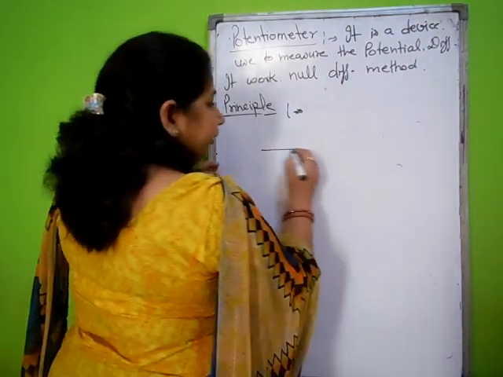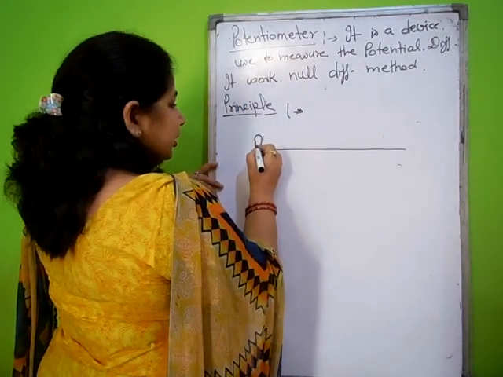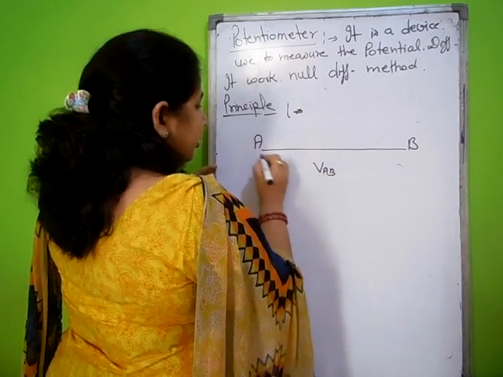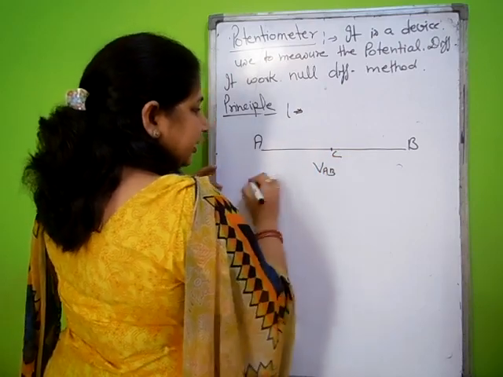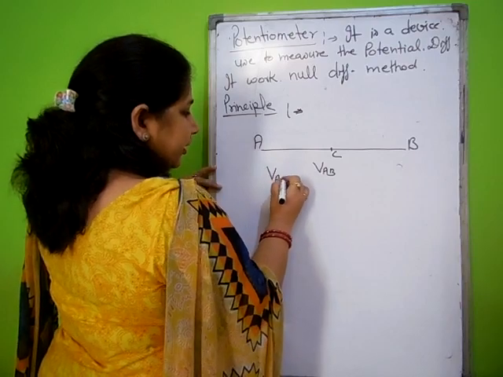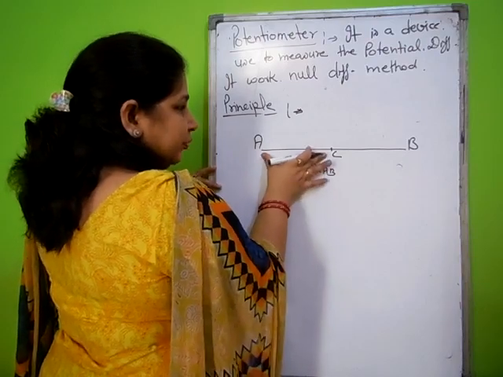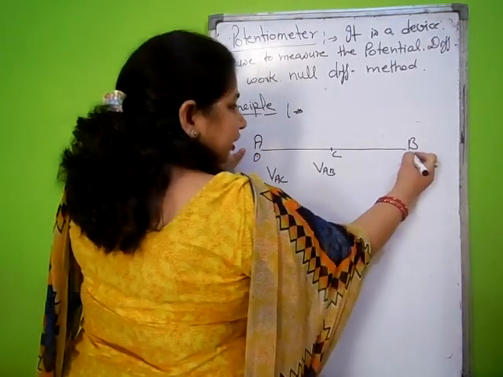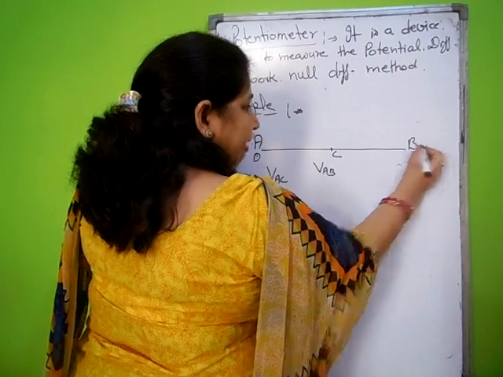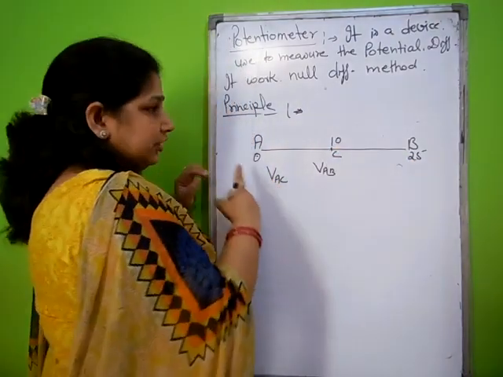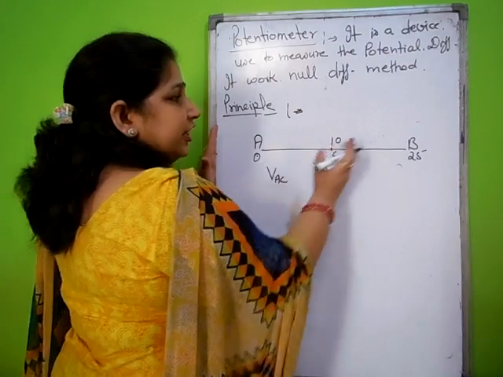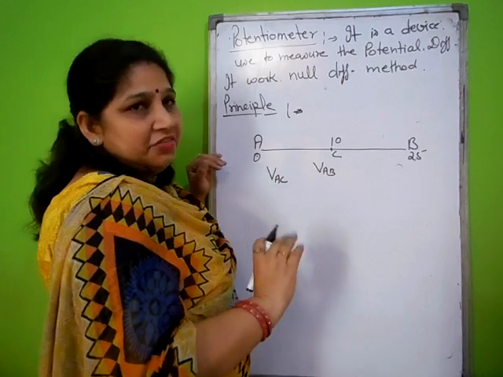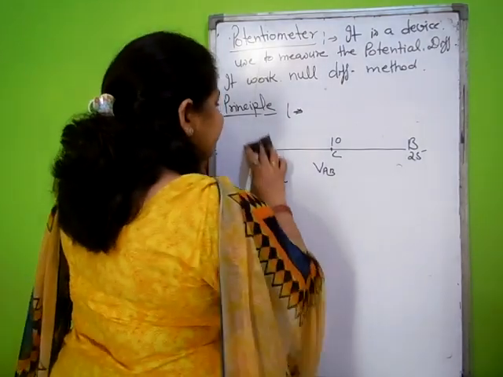Suppose we have a conductor and here the potential at A point and B point, here potential difference AB. If we use this point C, then we have a potential difference AC between these, and this potential difference is less than this. Suppose it is at zero potential, it is at 25 potential and it is at 20 potential. Got it? Then if we increase the length, then potential difference will increase. On this principle it works. Got it? How can we find?